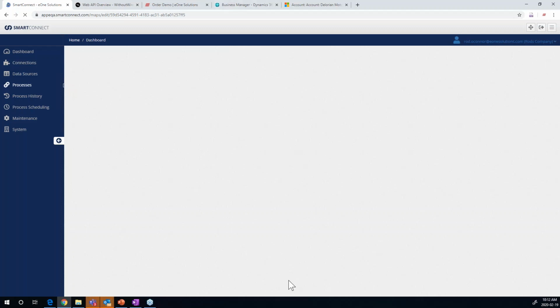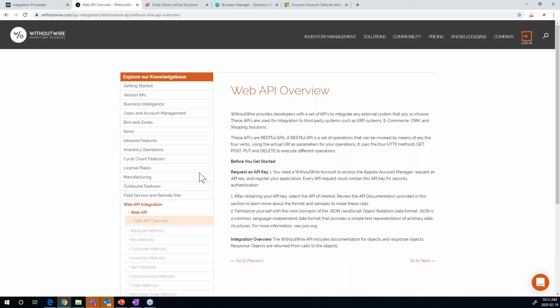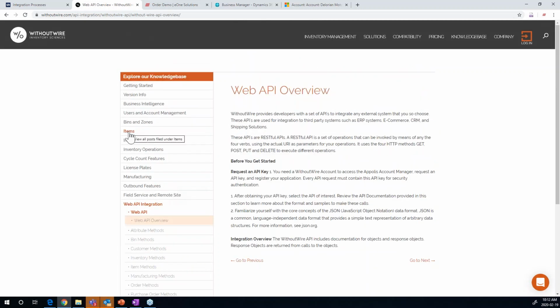While this is opening, again, this Without Wire is something that wasn't inherent in SmartConnect. It's one that we defined manually. This one that we created. Their API is actually fairly well documented here. You can see here if I scroll down, if I scroll up,